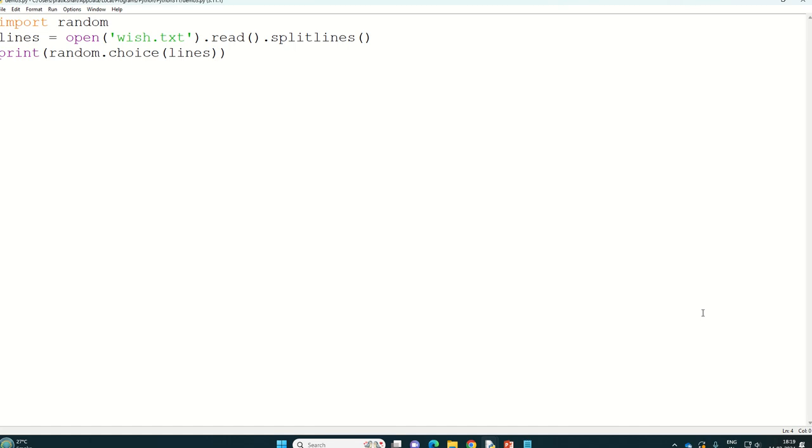Hello everyone. So our next program is to read randomly any word from the given file. So first of all, we are using import, and random is our inbuilt module. Then we are writing one variable lines equal to, and we are opening one file wish.txt. We are opening it in the read form